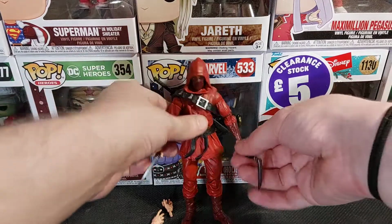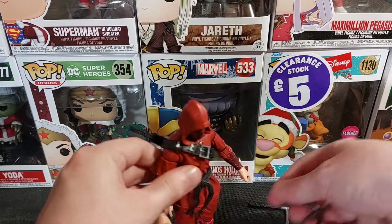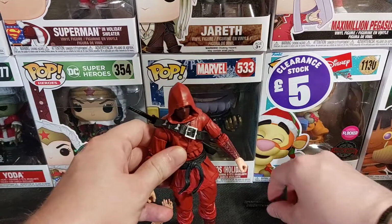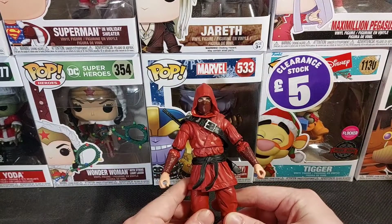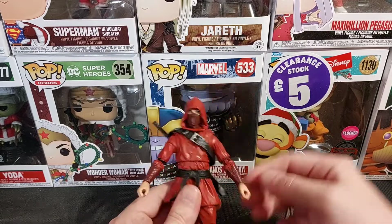And for now, I'm just going to take these kama off him as we get into the joint review. Now, if you've not seen one of my reviews before, I always like to go through the figure and just check what condition the joints are in right out of the package. So, first of all,